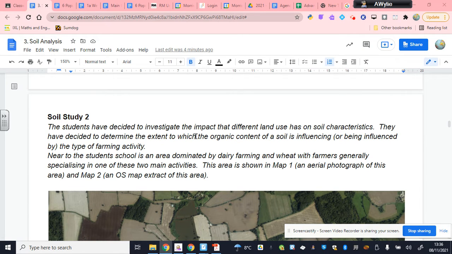So if we are researching the impact that land use has on soil characteristics, we need to gather soil samples. And those soil samples will enable us to study the moisture content of the soil, the organic content of the soil, the pH of the soil. We could, at each of these locations, get the soil depth if we wanted, as well as other things that we can investigate if we have a soil sample. If we're wanting to look at what the land is used for and how it influences soil, well, then we have to visit a range of different locations